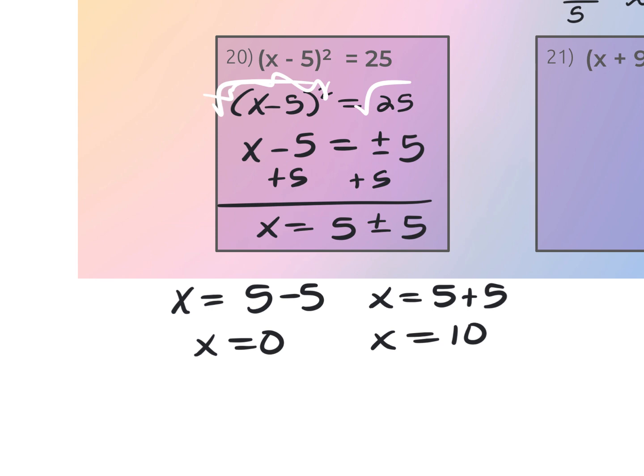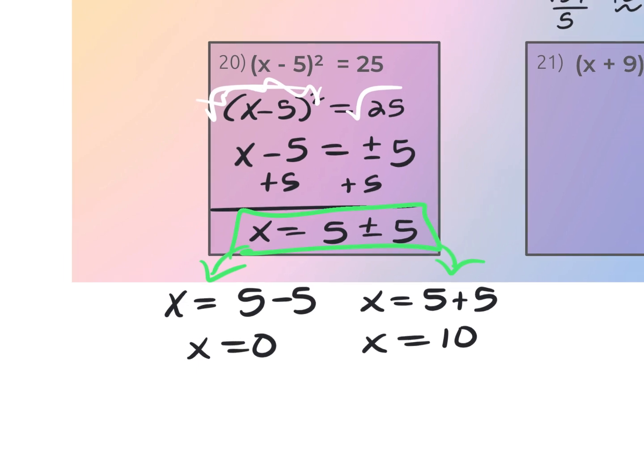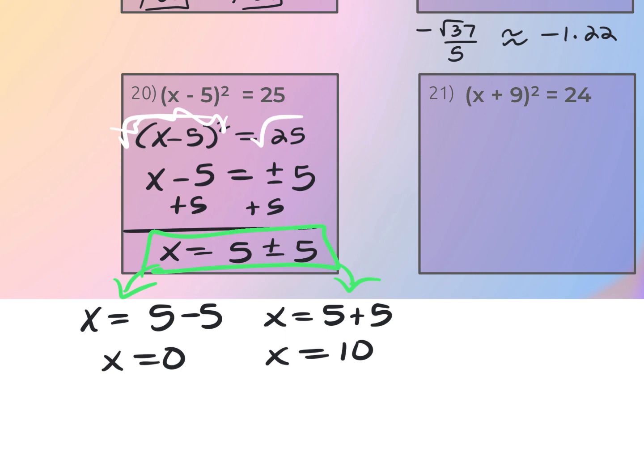So when your answer over here is a perfect square, you actually have to simplify it. You can't, on the quiz, just leave it like this. You have to do the two problems and give me the two integer answers. Now the next one's going to have a radical. So for the next one,